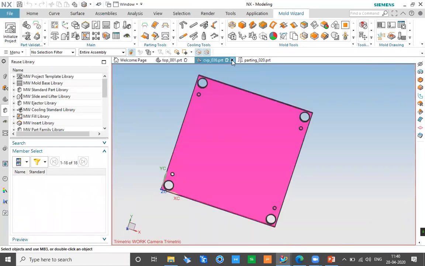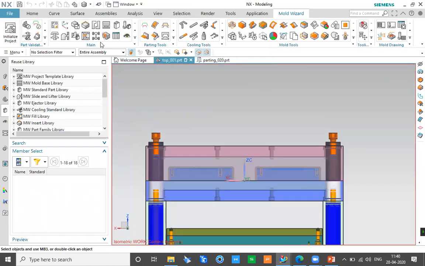The best part about Mold Wizard is, whenever I create something like this, I have a command called pocket. Okay, so here I can search for pocket.